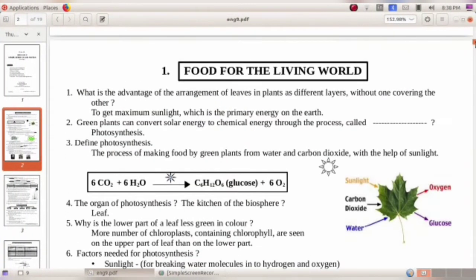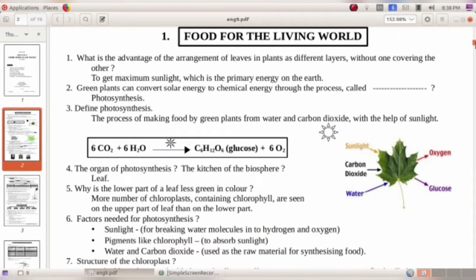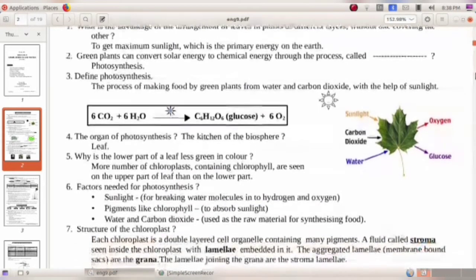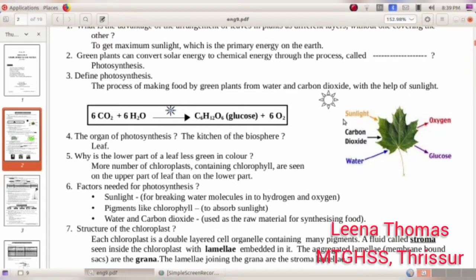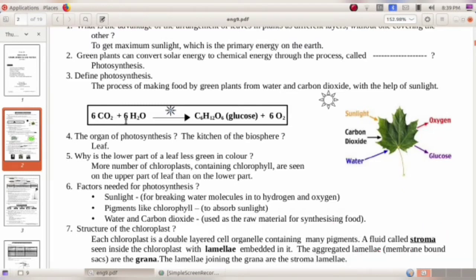The first unit, Food for the Living World, is already completed in our online class. Let us go through the important points of this unit. First one is photosynthesis. What is photosynthesis? You have already studied in lower classes. The process of making food by green plants from water and carbon dioxide with the help of sunlight is called photosynthesis. The chemical equation is 6CO2 plus 6H2O gives C6H12O6, that is glucose, plus 6O2, that is oxygen,